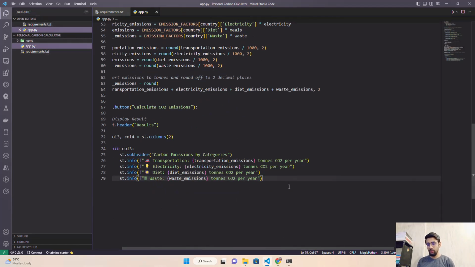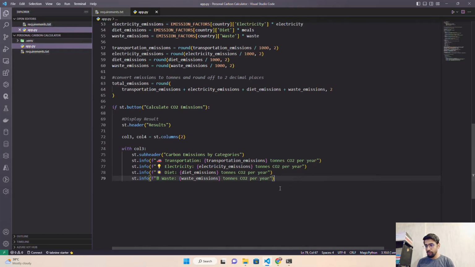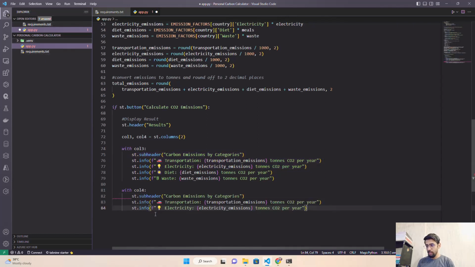So we have waste. Let me just write for the last column as well, which is going to be our final result, the total emission. So let me just finish this as well. I'll just have this as well here. Okay, copy, let me paste it over here. I'm not going to call it carbon emission by category, this is total carbon footprint. So let me just write it, total carbon footprint,